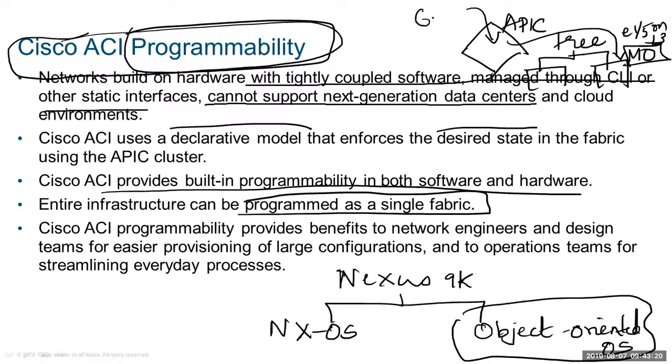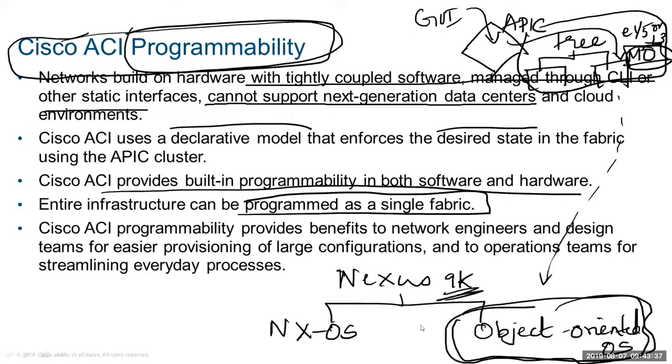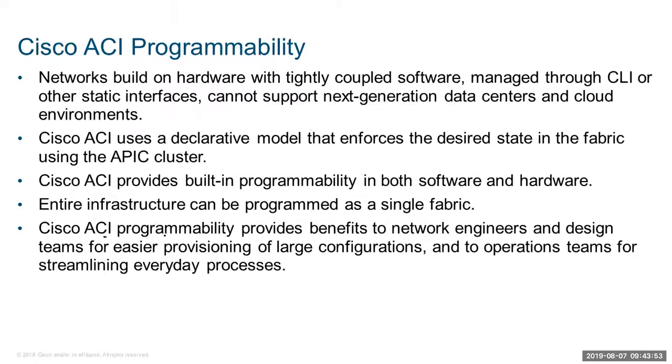So when you're in the GUI and you're clicking submit or OK, it's saving against this tree. And this object has a name, which it then conveys to the right Nexus switch, which also has the object-oriented model. So it accepts the change for the object, which is then converted into command line. Okay. This provides a lot of benefits, programmability,